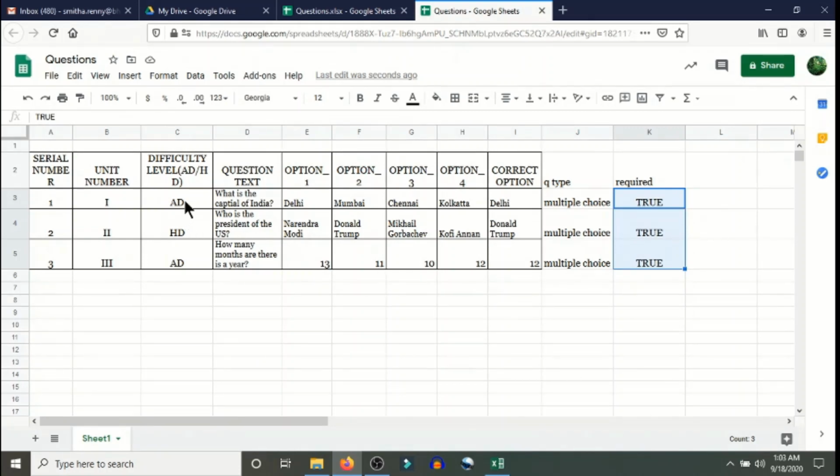Another thing, we have already kept AD and HD. AD is average difficulty, so I'm assuming that they are the 1 mark questions. So I'm going to modify this AD and make it 1 and the HD into 2. These are the marks that have to be given. Again, the next question is AD, that has to be made 1. This change you'll have to make in addition to the 2 columns that we are adding. Now we are ready with our Excel file, or our Google Sheet.